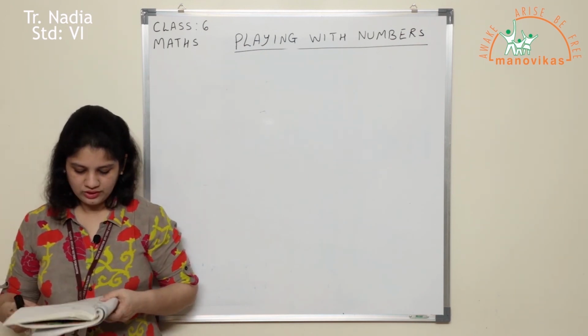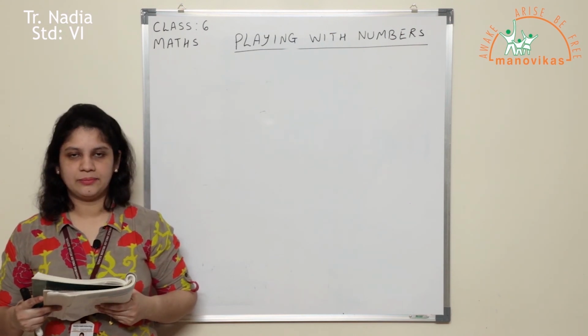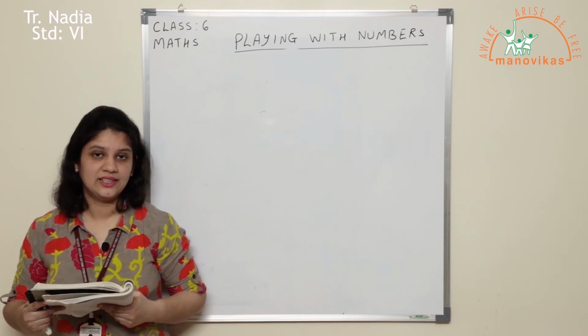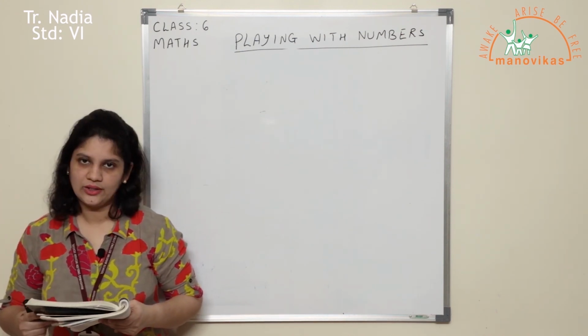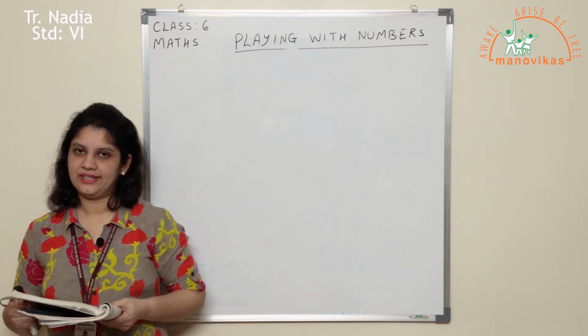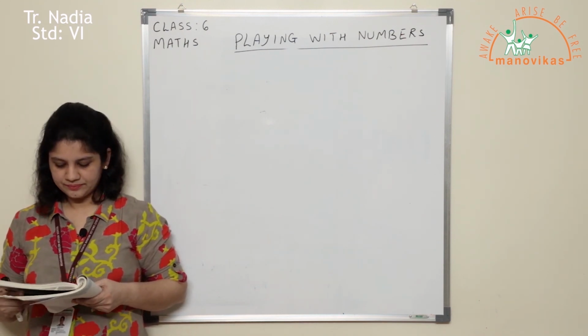Question number 4. Which of the following are prime numbers? You all are given a set of numbers. You all can refer to the sieve of Eratosthenes. If you all have already learned the 25 prime numbers from 1 to 100 by heart, well and good. Directly you all can pick out the prime numbers from the given list. You can put a circle around the prime numbers over there.